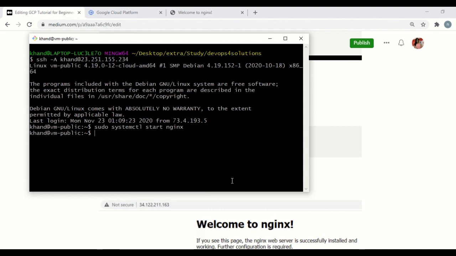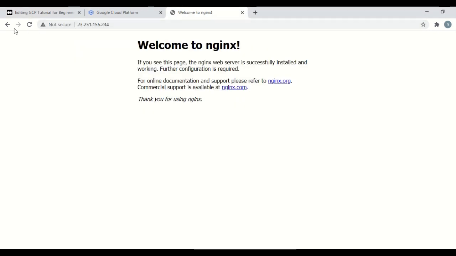Once you do this, you can access it using the external IP address. Here you can see that I can access this. This shows that our GCP basic infrastructure is working and we are able to run a sample Nginx web page on port 80, because we have opened the HTTP port 80 so that we can access the URL in the browser.